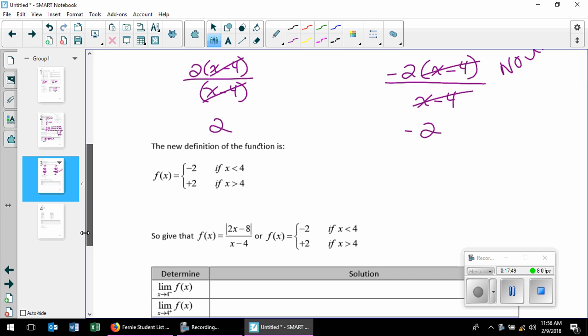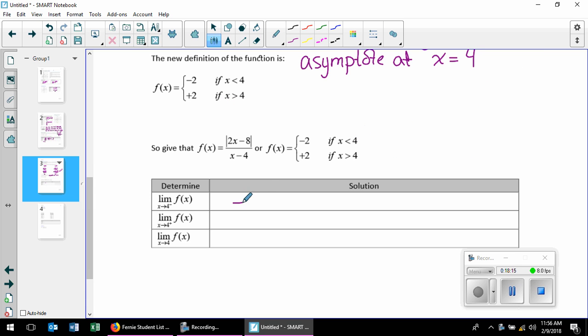So this is why I don't have the equal sign on either of these, because we have an asymptote. Neither of those could equal that. So we found out when we're approaching from the left-hand side, it's going to be equal to -2. When we're approaching from the right-hand side, it's going to be +2, and the limit does not exist because